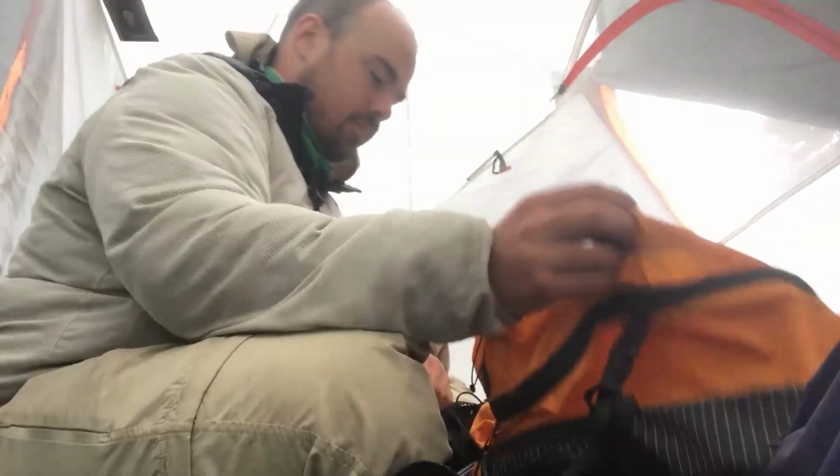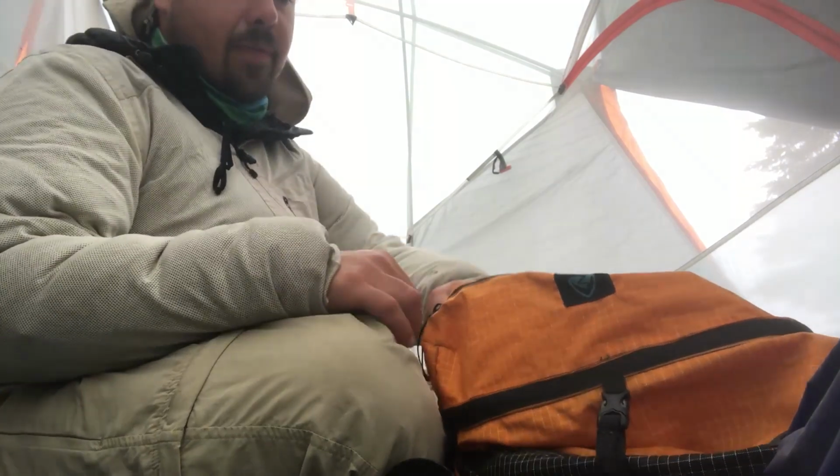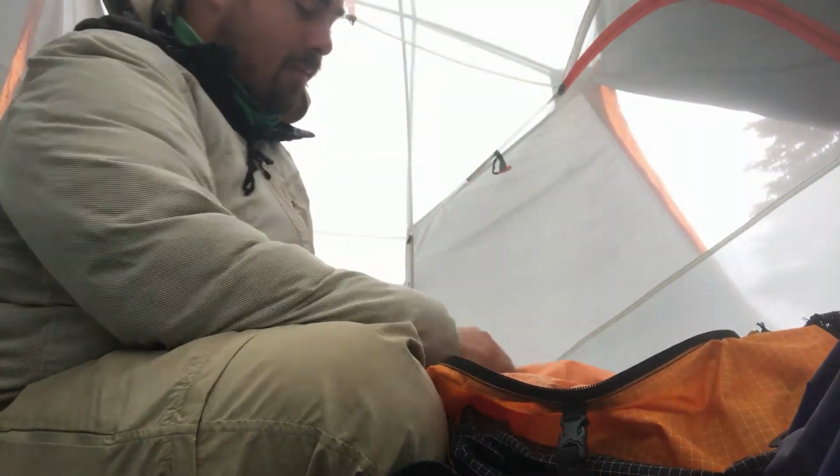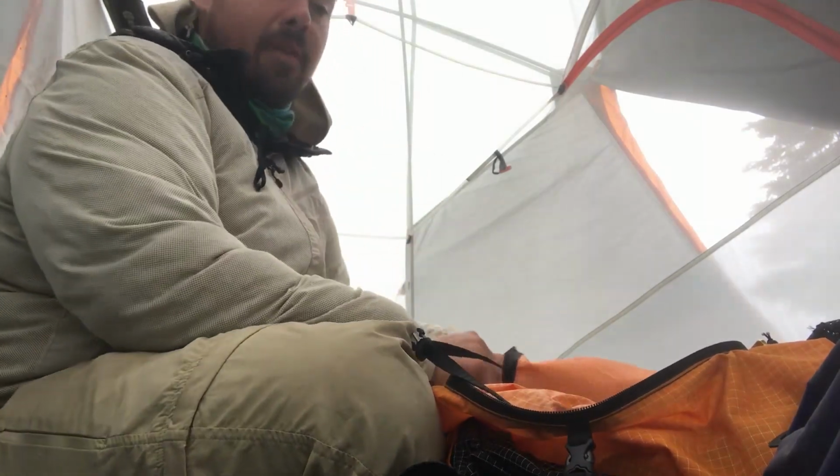I've got my pack here. My Z Packs is called the Zip, and this is going to make it easy for me to show you how to pack it. Now, most packs that you get, you're going to open from the top up here and stuff down in, but this one actually unzips on the outside like a suitcase, so not only can you stuff it from the top,